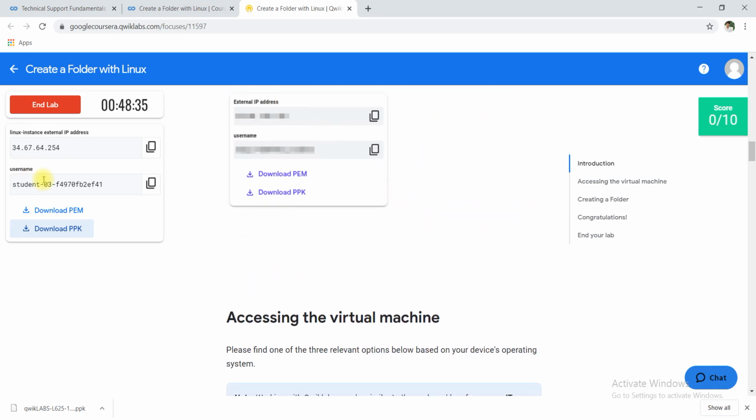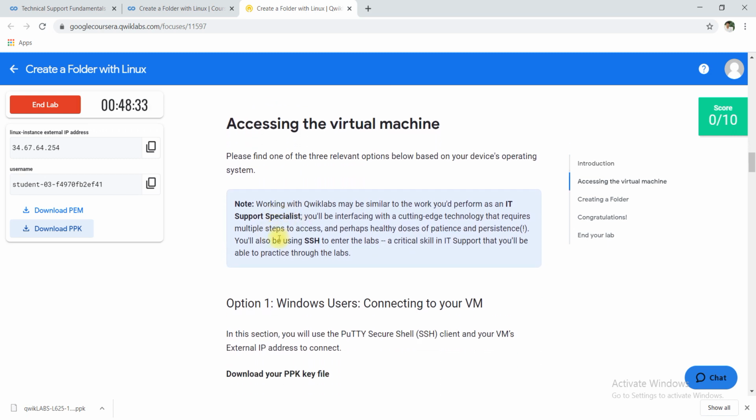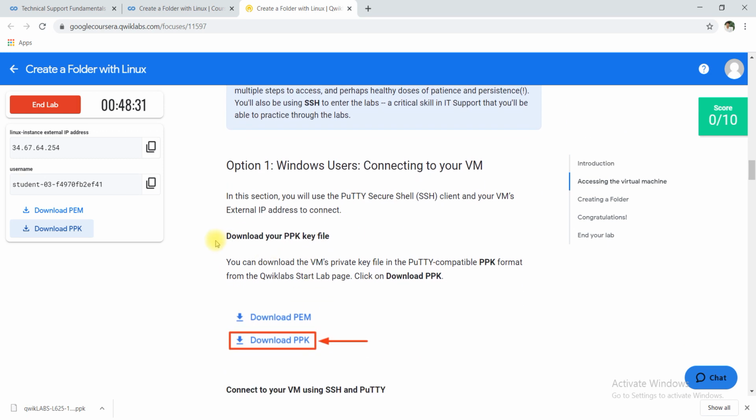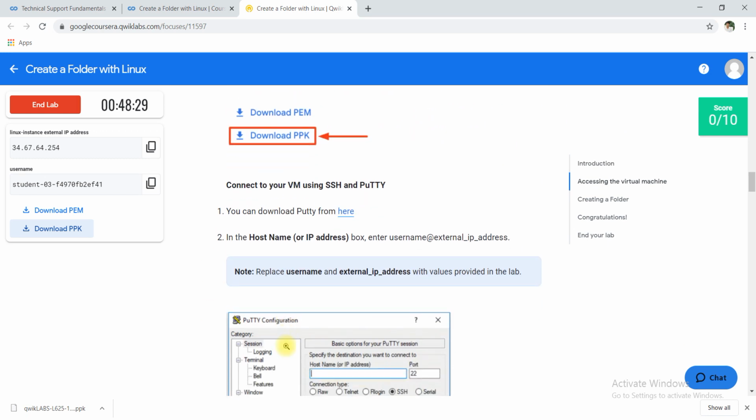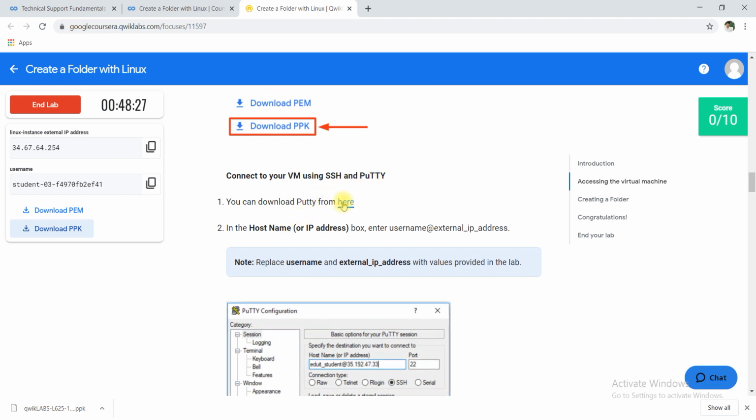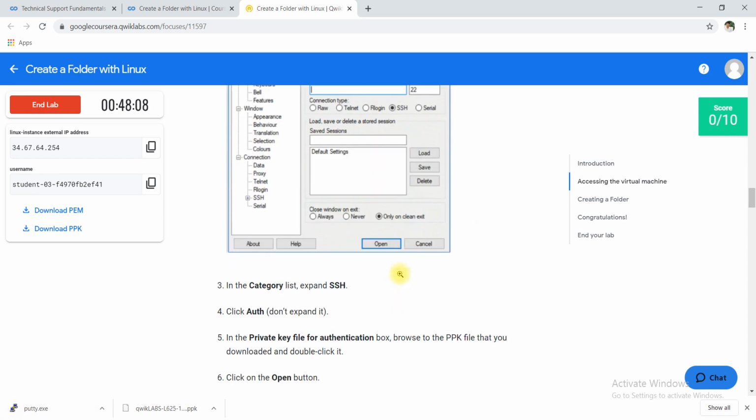We already have the external IP address of the virtual machine, and we have completed this download. PuTTY you can download from here. PuTTY helps you connect to the remote system, like Remote Desktop Connection which we used to connect to a remote Windows system.